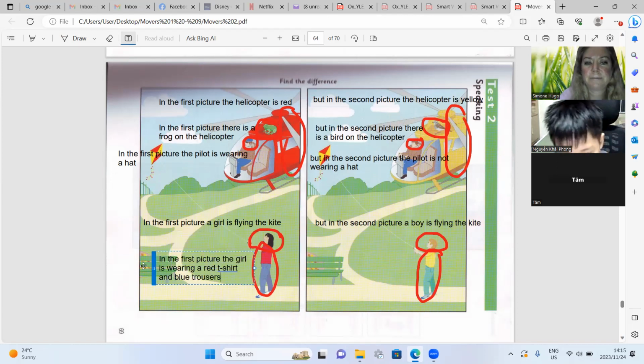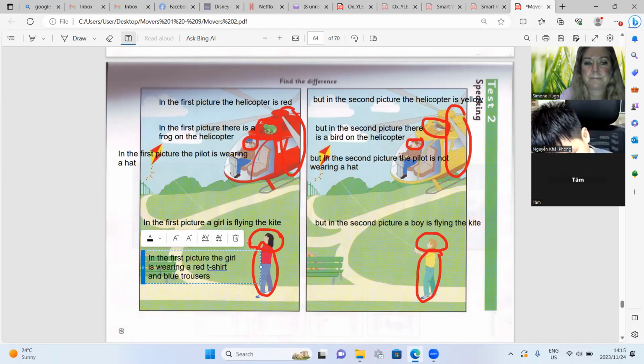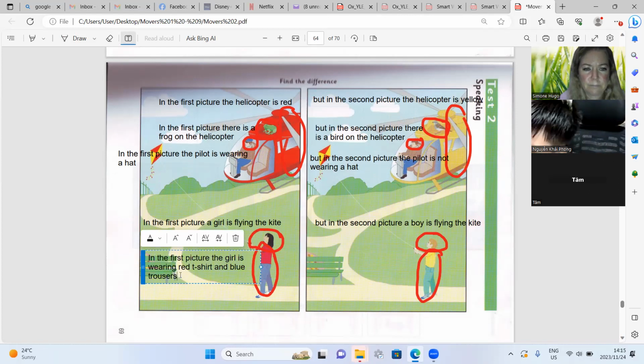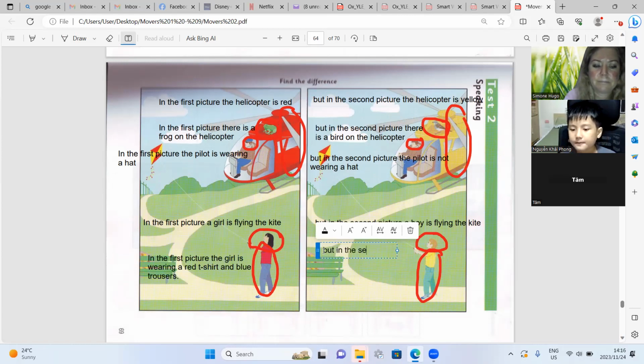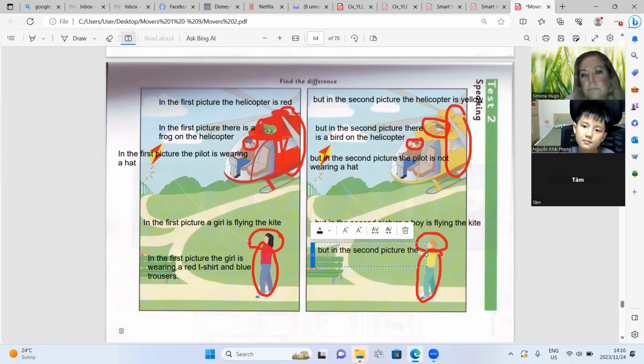But in the second picture, the boy is wearing a yellow t-shirt and green trousers.